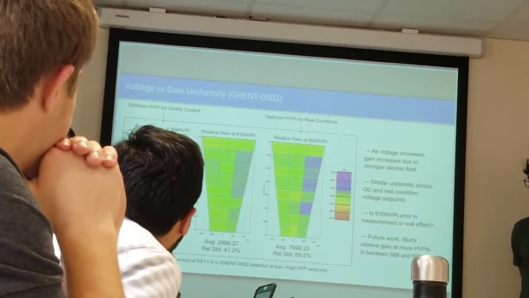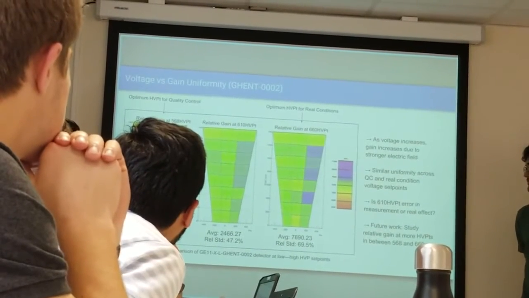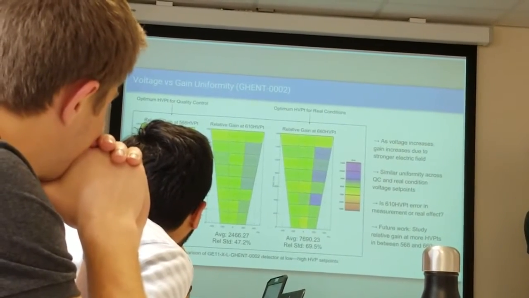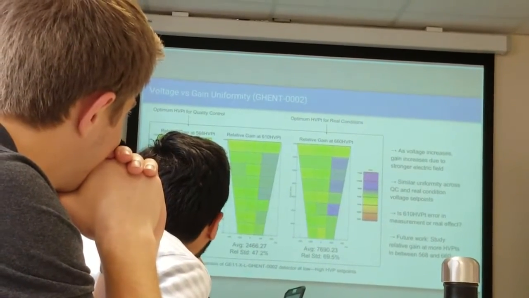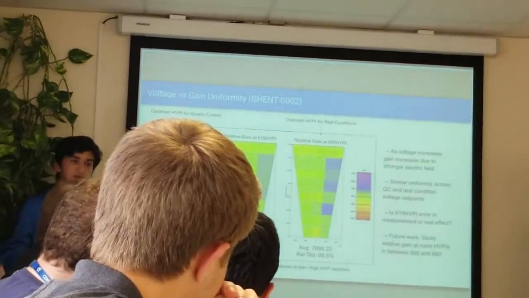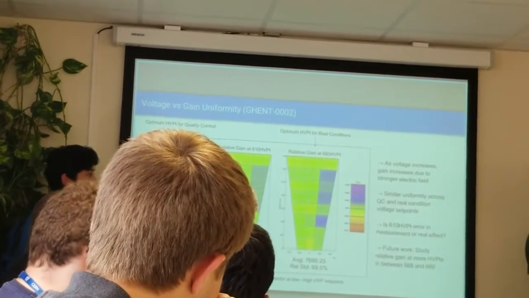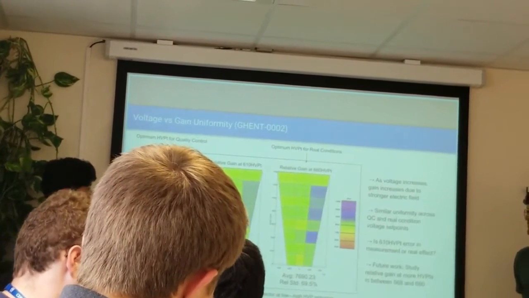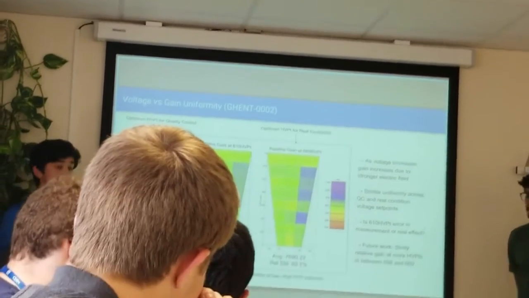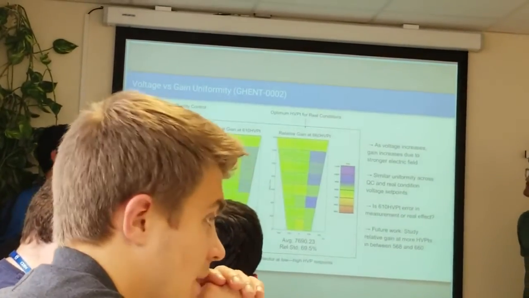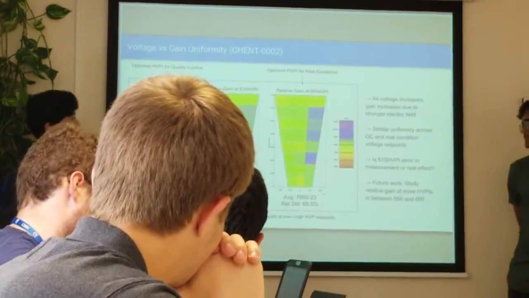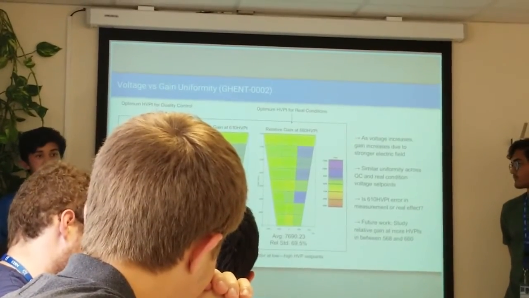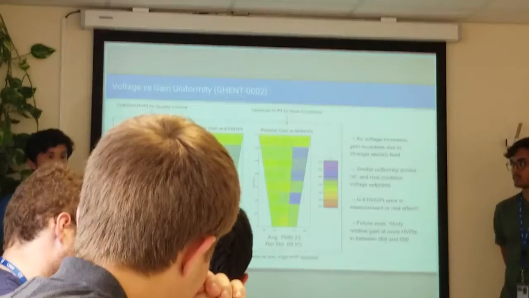the stronger electric field. Another pattern that strangely emerges is that at the 568 and 660 voltage set points, we have a similar shaped graph here of the high gain on these sides, but the middle one does not share this kind of characteristics. So this is very surprising because you'd think it would apply across the range. So we need to investigate further whether this 610 high voltage point, whether it's an error in measurement or whether it's an actual real effect or phenomenon. So going forwards in the future, we need to run more tests like this and establish whether this is a real correlation or consistently measuring